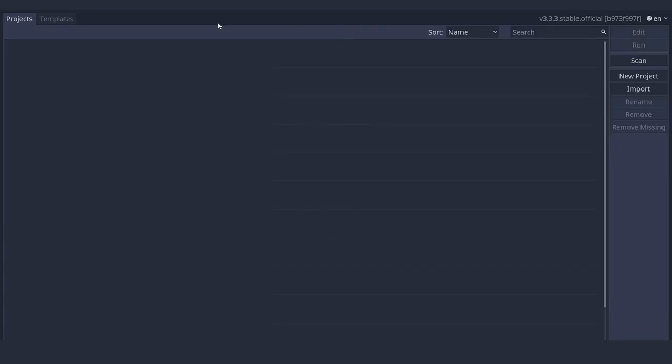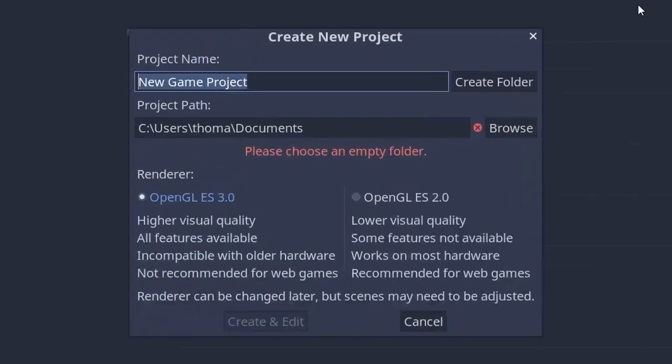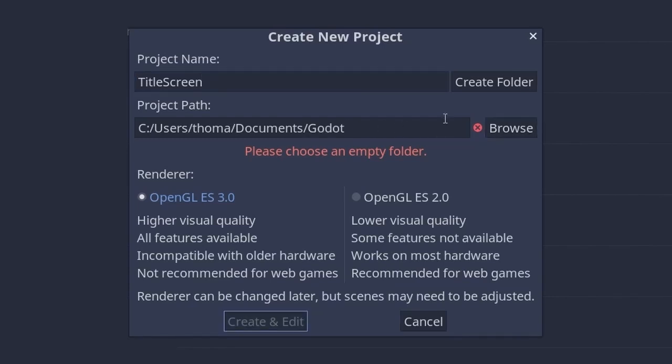So launch Godot and you'll end up on the screen like this. From here, we're going to start a new project by clicking on New Project. We're going to name it Title Screen, and we are going to choose a path where to save the project. Then click on Create Folder. Make sure OpenGL ES 3.0 is selected, which is the renderer used in most modern computers, and click on Create